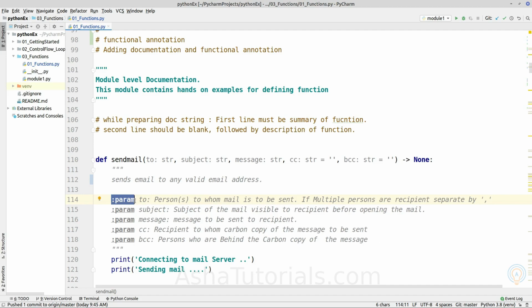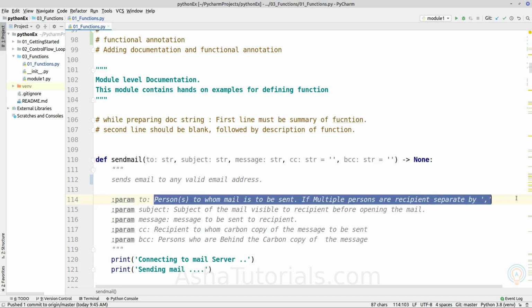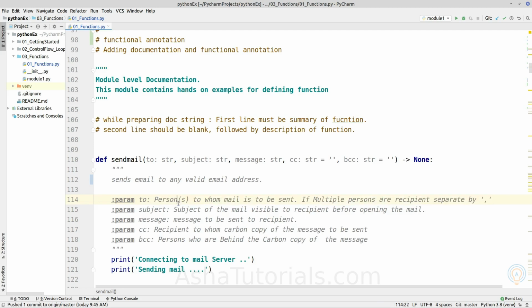So colon param, after that the parameter name and colon, and after that the documentation for that parameter. Whatever its functionality is, it is written like this. For all parameters we need to write the documentation.